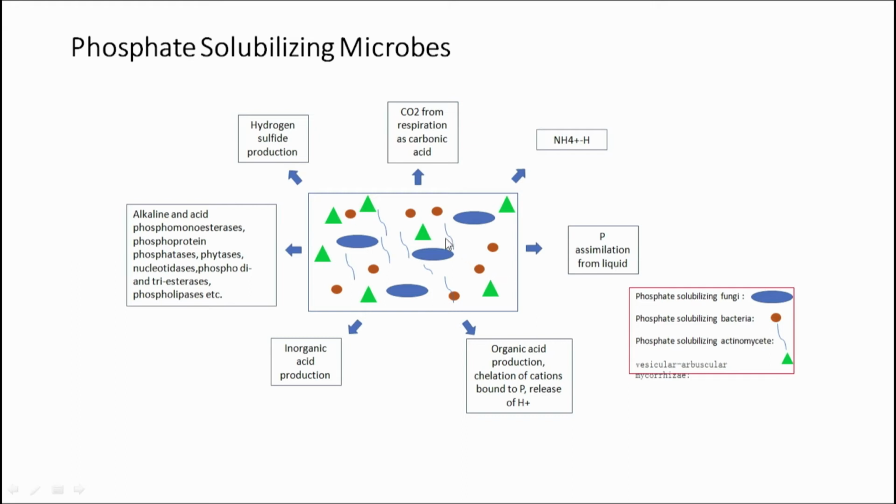Similarly, these thin lines which you see here in blue, what are these? These are phosphate solubilizing actinomycetes. Okay. So, these are filamentous kind of bacteria which are again capable of making phosphate available from the insoluble phosphate sources. Then there is a fourth category which is shown in this triangle. These are called arbuscular mycorrhiza. It is a special category of fungi which are very closely associated in the roots of these crop plants. Okay. And their quality is that again they are able to solubilize the phosphate.